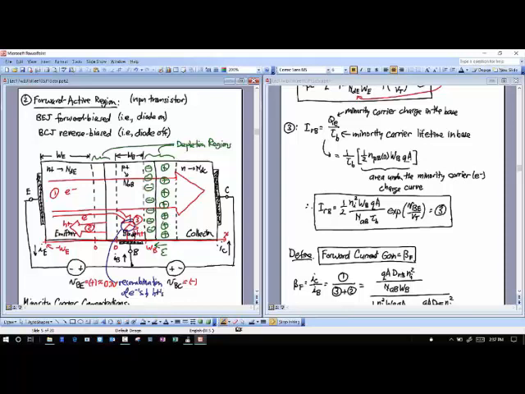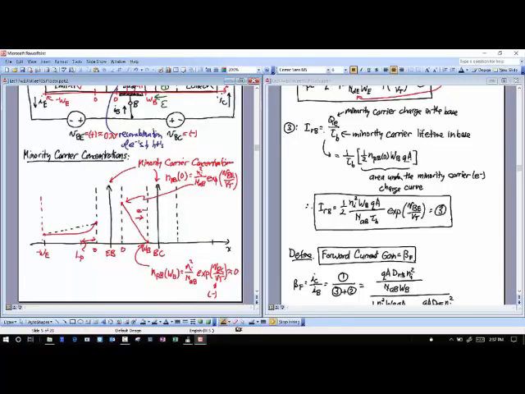And so that capture cross-section depends on a couple things. So logically, what's one thing it'll depend on? It'll depend on the concentration, the total number of electrons you have in the base. If I got a lot of electrons, I'm going to get a lot of recombination. If I have fewer electrons, I get less recombination. So logically, this recombination current, IRB, needs to be a function of the minority carrier charge in the base, that total minority carrier charge. And if I were to look at that in this plot right here, let me use green, then that total minority carrier charge is going to be just the area under this curve. That's my Q sub E, right there.